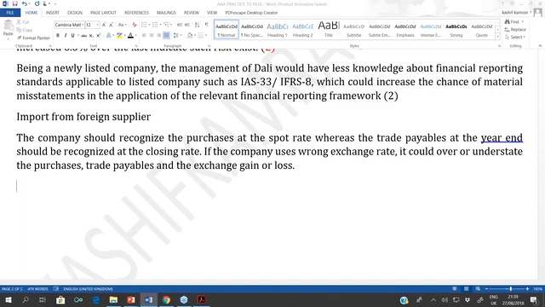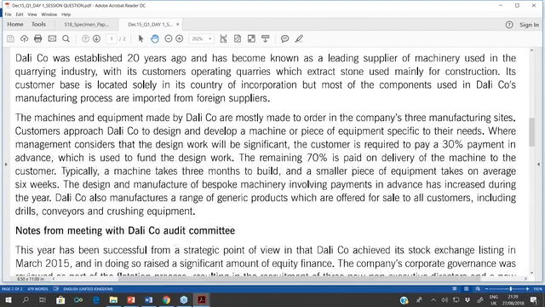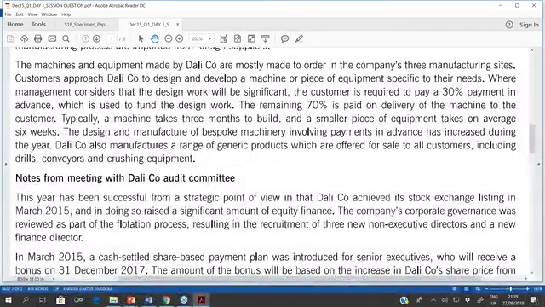Okay, then going back, the machines and equipment made by Dali are mostly made to order in the company's 3 manufacturing sites. Customers approach Dali to design and develop a machine or a piece of equipment to their needs, where management consider